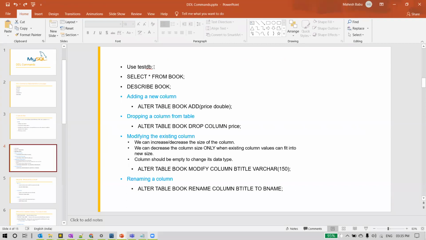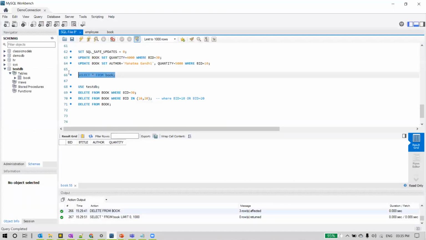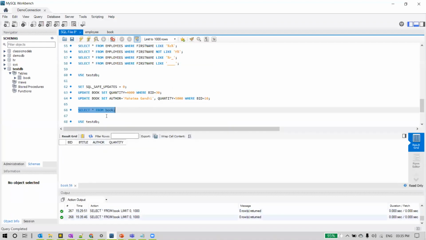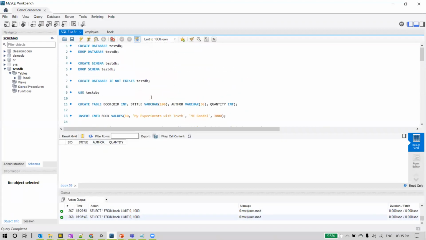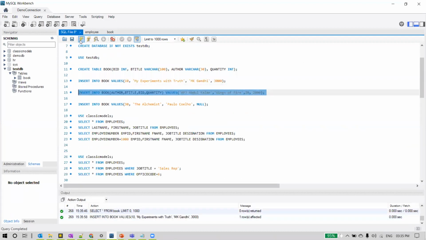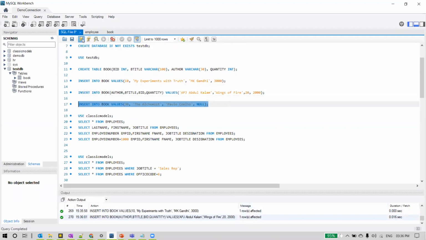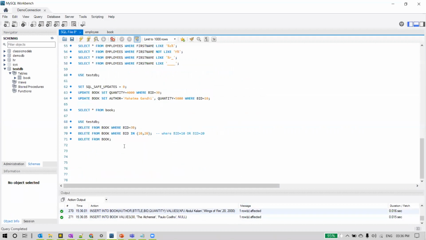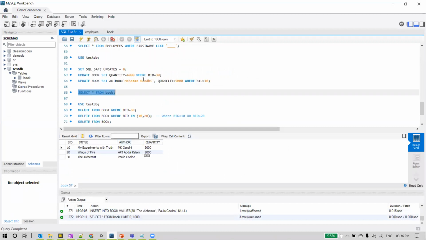For this we are going to use testdb again. We already set it up and we know what the data in the book table is. Okay, we deleted the data, right? We don't have it. Let's insert the rows again. Let us insert them one by one. You can see the output here. I'm inserting rows into the table. I inserted 3 rows into the table. Let me select this and verify. Yes, now I have 3 rows in the table.